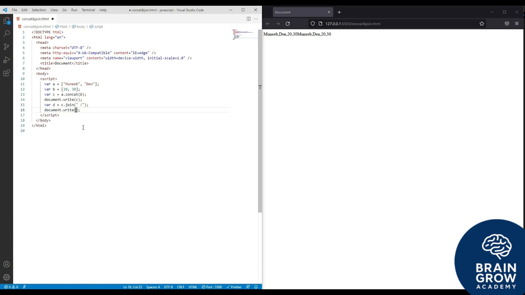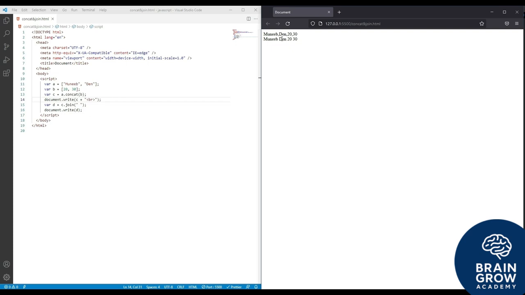Alright, so the mistake is that I did not put the D while printing D. So here I got the /. If I remove the / and put space, then it will show the space. I'll put the concatenation break and save it, and as you can see, due to the concat, both are now attached. That's the use and the objective of the concat method, is just to concatenate, to join pieces together,